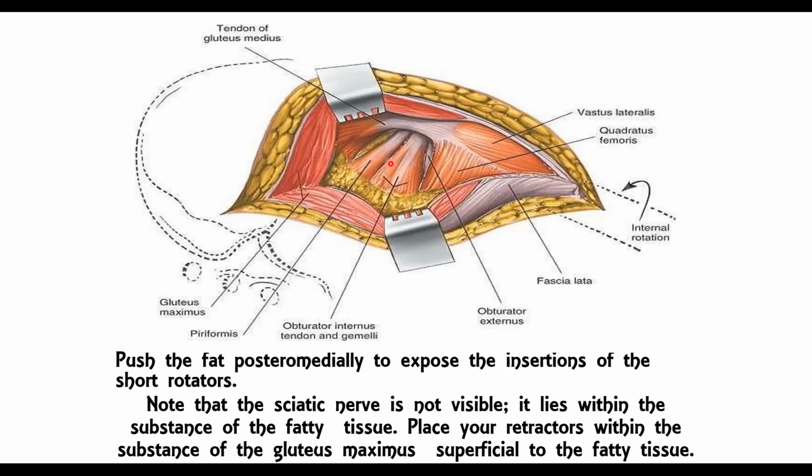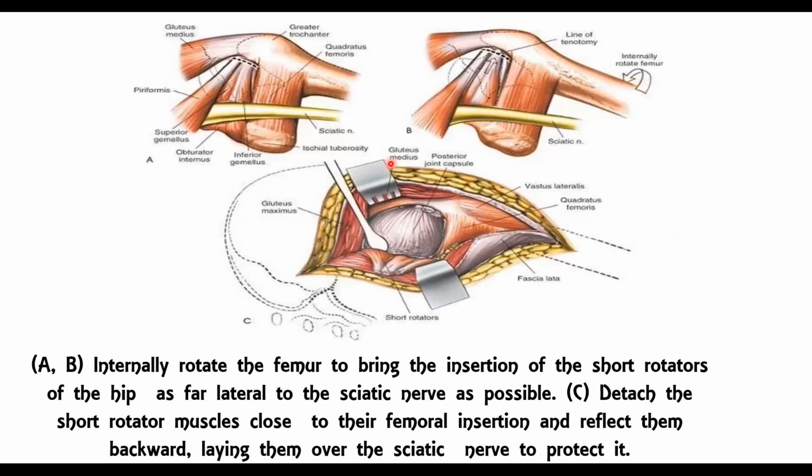You will cut near to the insertion. You need to leave a cuff of tissue for resuturing. So this is regarding this. See the relation, this is very important: piriformis below, other external rotators above, in relation to the sciatic nerve. Then you can see they are releasing near the insertion.